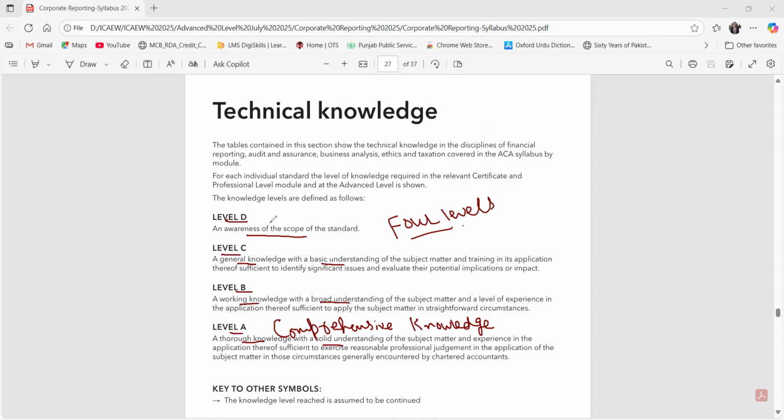According to the levels, you should plan out how much time you should spend on each topic, basically. Level D, a little bit of time. Level C, a small amount of time. Level B, a very good amount of time. And level A as well, you should spend a significant amount of time on the topics which are at level B and level A. First of all, you must have an idea how much time you should spend, and then accordingly, you should start your preparation.